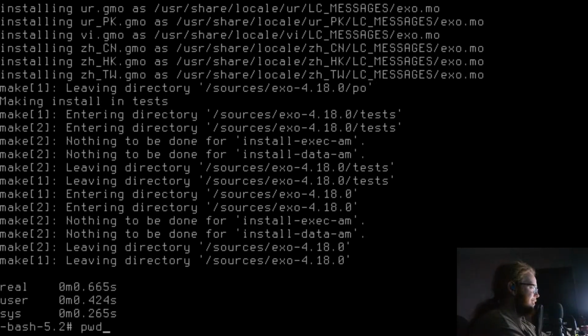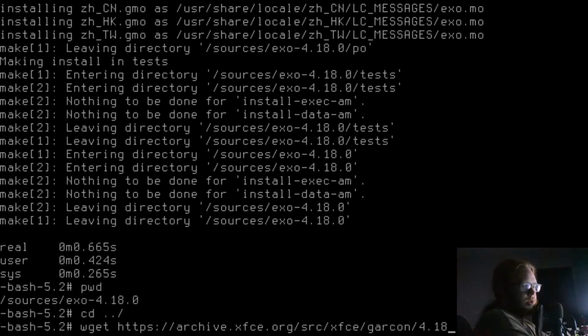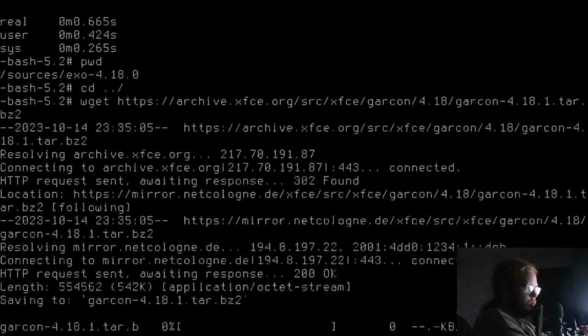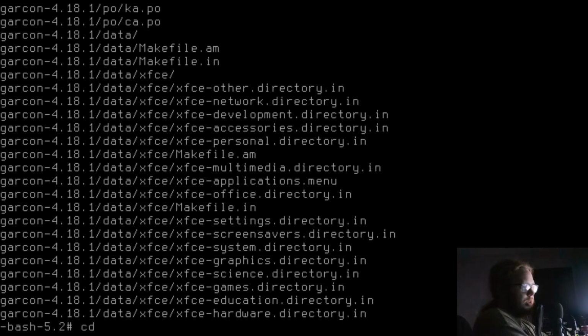That's good. wget https://archive.xfce.org/src/xfce/garcon/4.18/garcon-4.18.1.tar.bz2, tar -xvf garcon, cd garcon.